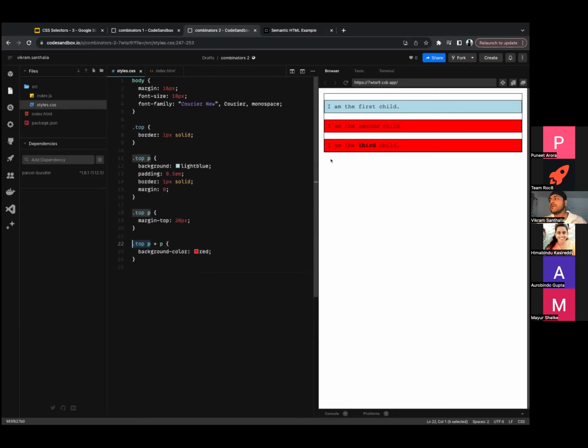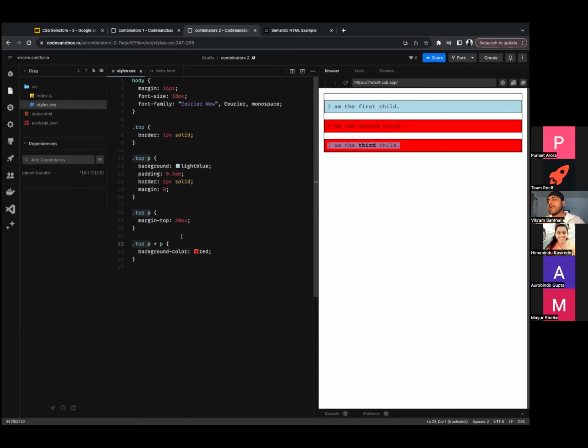With this P, what is the next sibling that is also a paragraph? This. With this P, the next sibling that's also a paragraph? This. With this P? None. And that is why when you say top P plus P, the background color red gets applied to